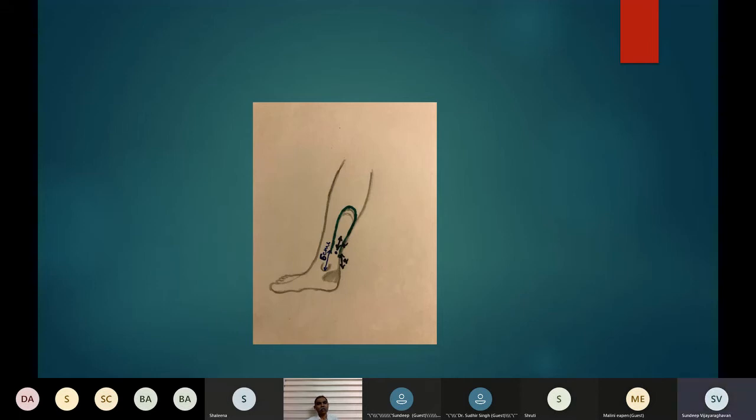So the advantage would be that it's going to be thin skin and wouldn't provide too much bulk to the area. For him to wear his shoe, it wouldn't be a problem because it's not a very bulky flap. It wouldn't need a second sitting of thinning. The problem would be that the pedicle is really small and there are higher chances of failure because of the size of the pedicle.